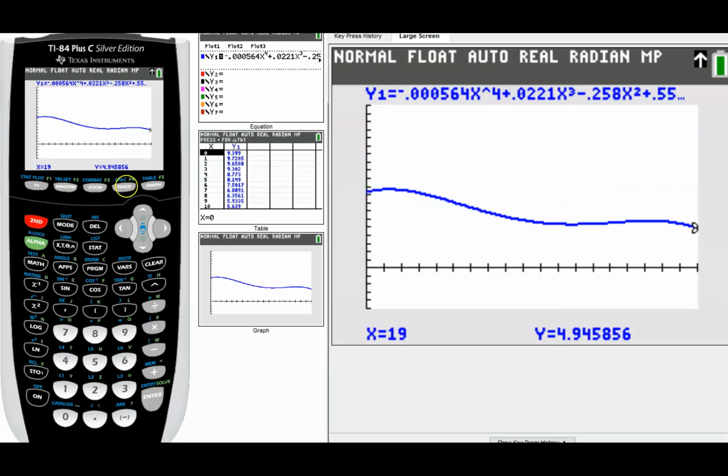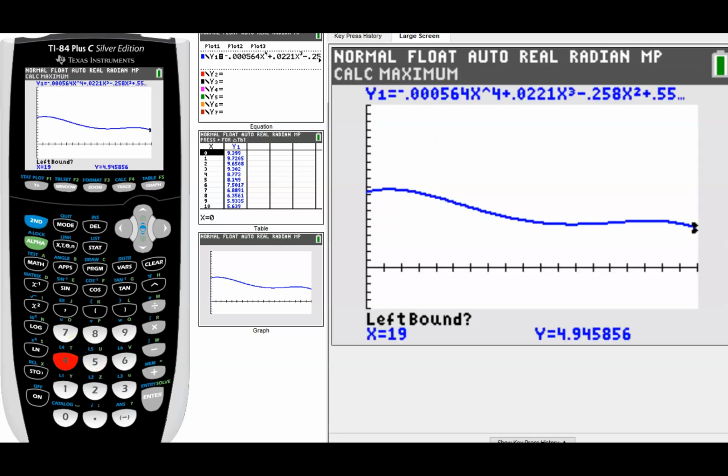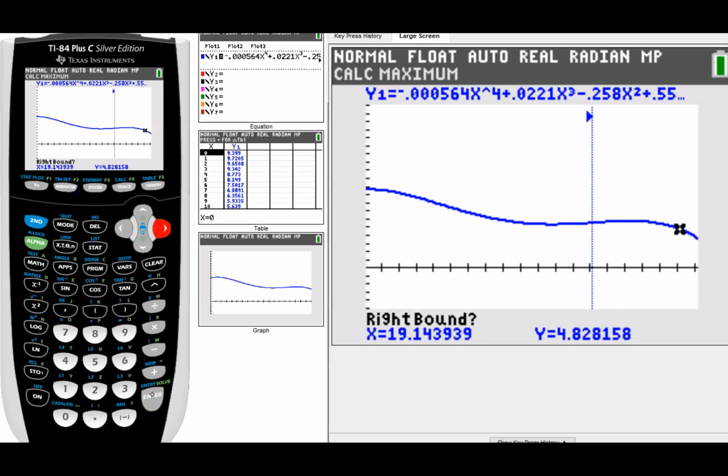So I'm going to calculate a max. And I'm going to move that over. And I'm saying the max is right about here. So I'm going to move it to the left, make sure I'm to the left. So it's off that top part there. Enter. I'm going to go to the right of it. There's a lot of numbers in there. Enter, enter. And here's my max right there,